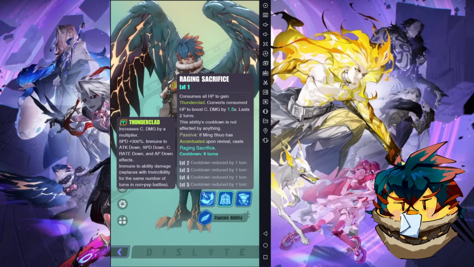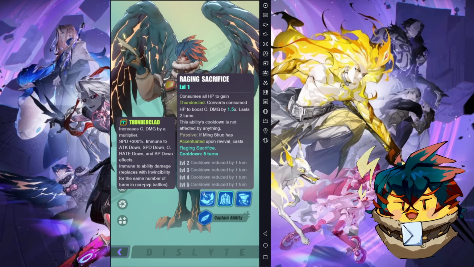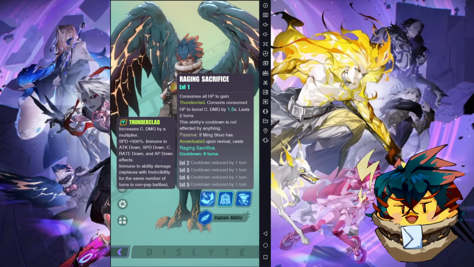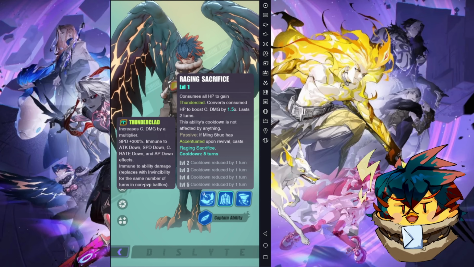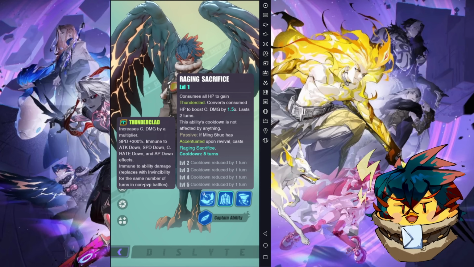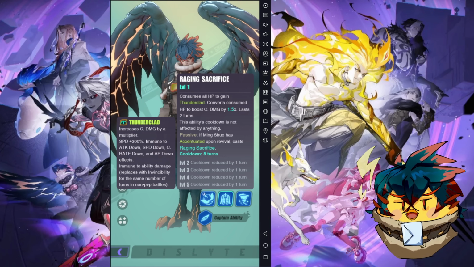Alright, so for Thunderclad here, it will increase your crit damage by a multiplier. This multiplier depends on whether you're R6 or not. If you're non-R6, it will be 1.5. If you're R6, it will be double, times 2. I don't think the multiplier actually relates to your HP, because if it does,